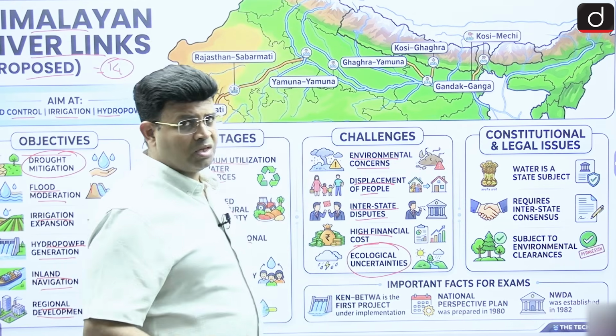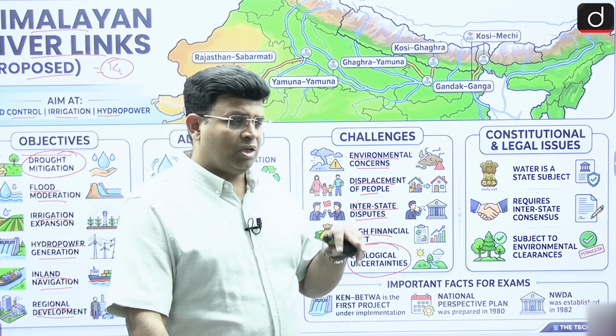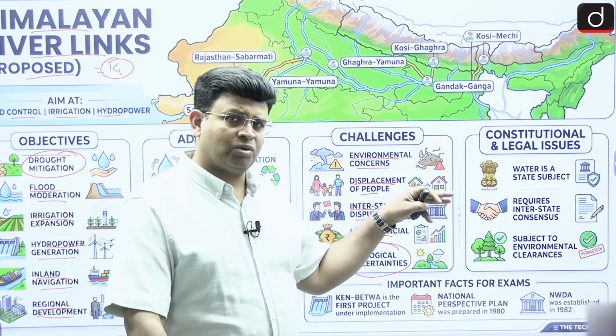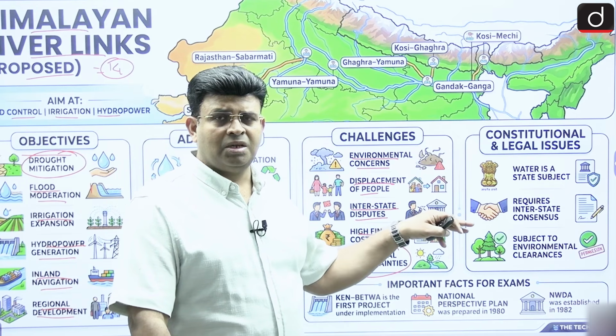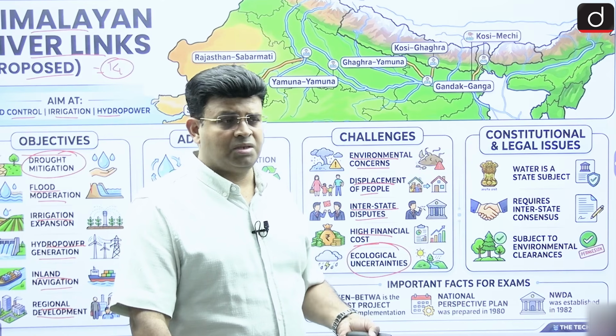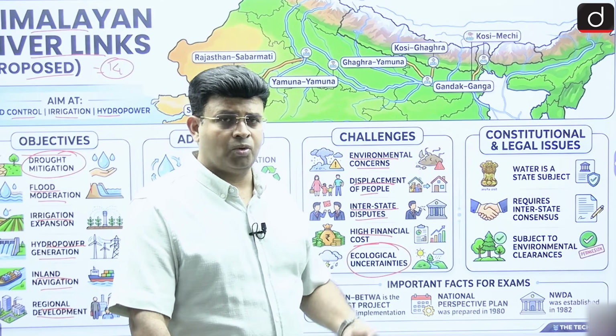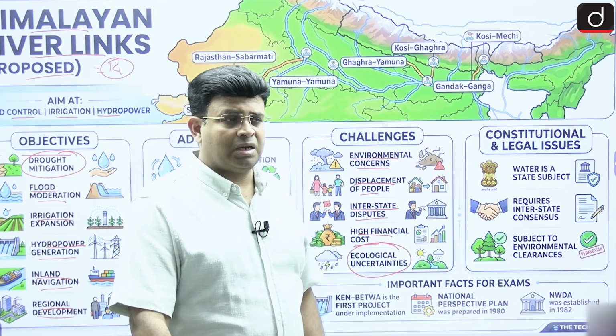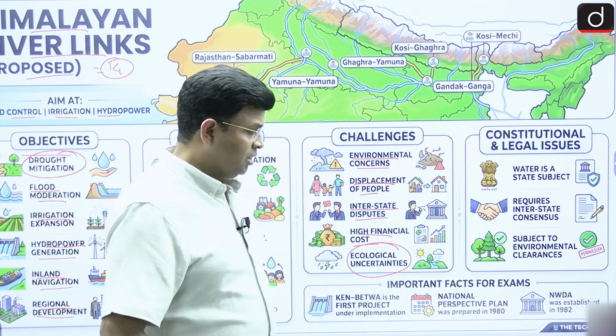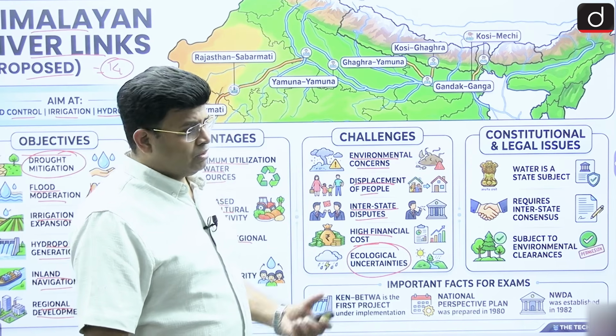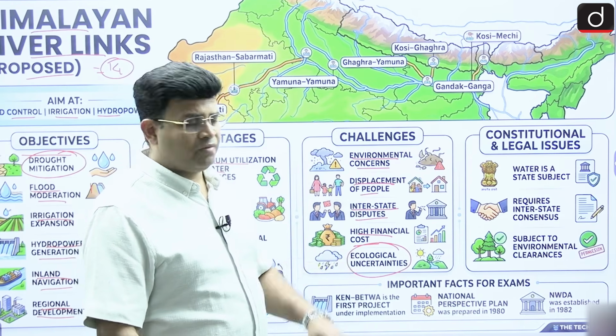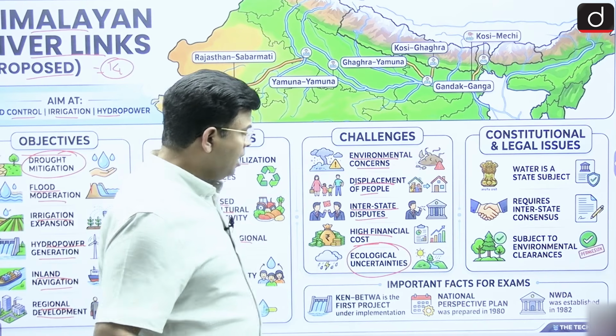It is also not necessary that when you are transferring water from the major river to the less water region, it will work. So possibly there is ecological uncertainty, climate uncertainty. You don't know that every year the same kind of rainfall will be there. Sometimes there is less rainfall, then the major river can itself have less rainfall.